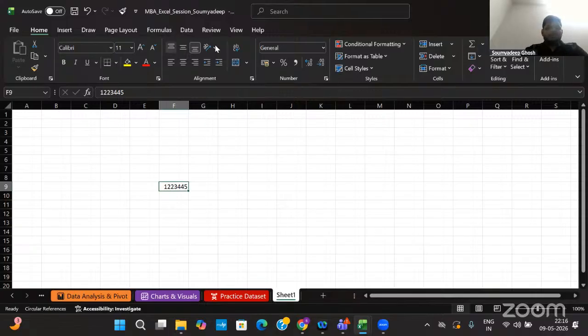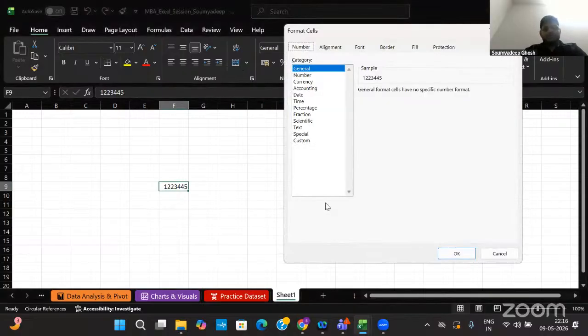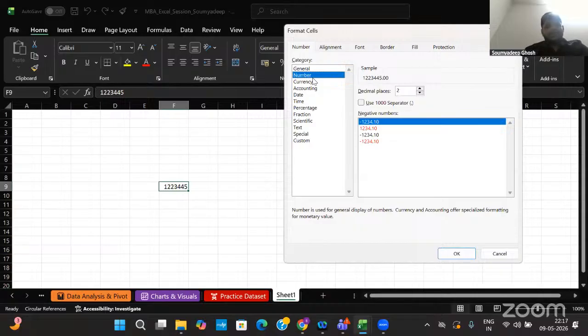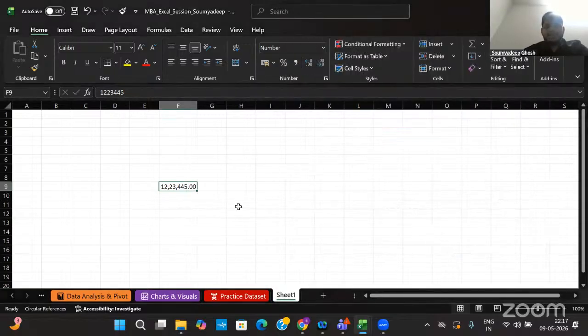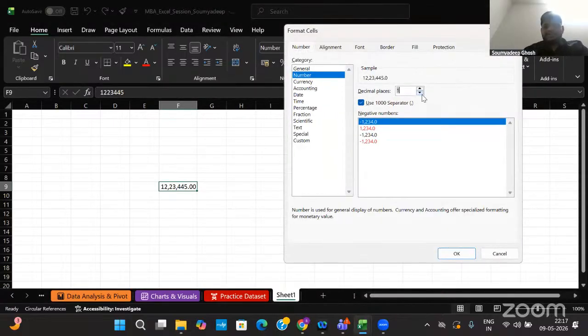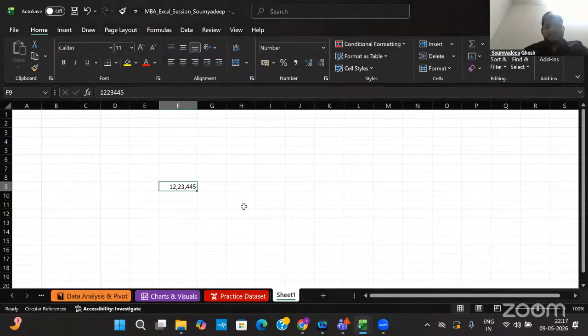Again, you can do formatting from your ribbon pane as well. But what is the shortcut? You need to click on Control 1. If you click on Control 1, you get an option to format any cell, and initially it will be in the Number tab. In US standard, we present the numbers in comma separated format. So we'll be using 1000 comma separated. If I just click it, you can see the number is now in comma separated format. And if you want to change the decimal places, just remove the decimal places to 0 and you can get the numbers formatted.